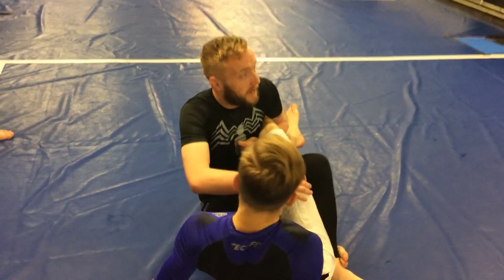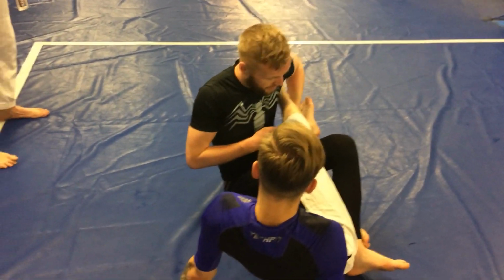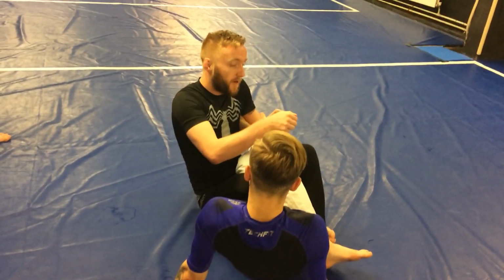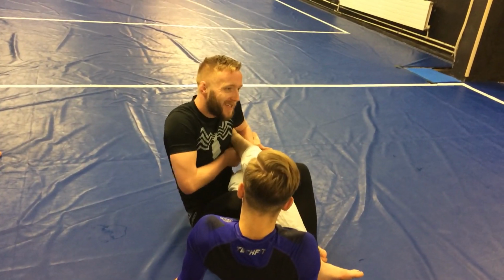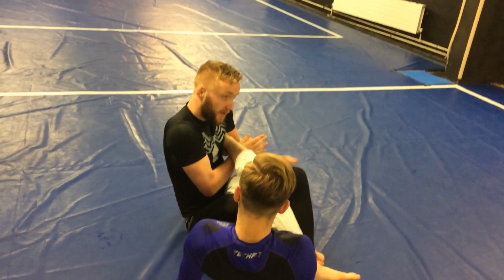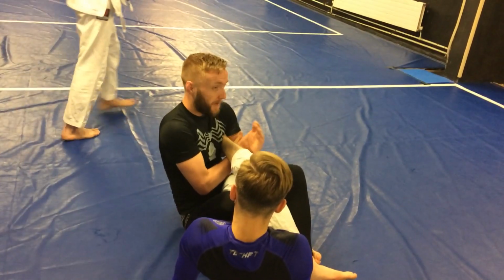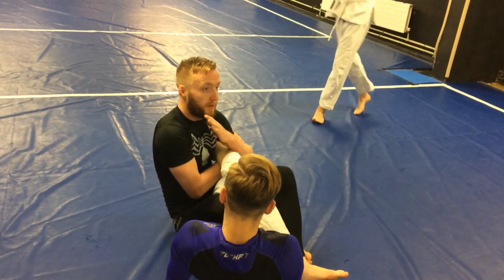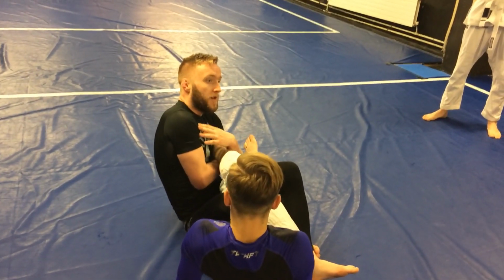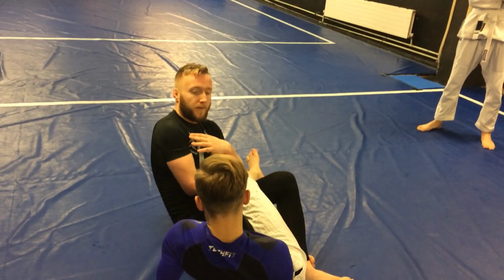For the lower belts, again, continue on the straight ankle lock. So from here, this hand comes through. I use the knuckle of my thumb along his Achilles tendon. That's when I know I have the position. I don't want to go too deep, literally just as far as here. I'll make essentially my rear naked choke grip. Same thing again, I close my elbow down, which covers the toes, and I just lean back, pressure goes